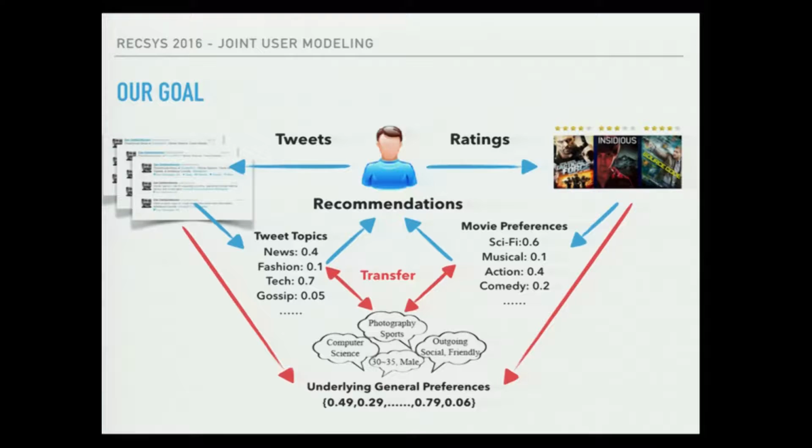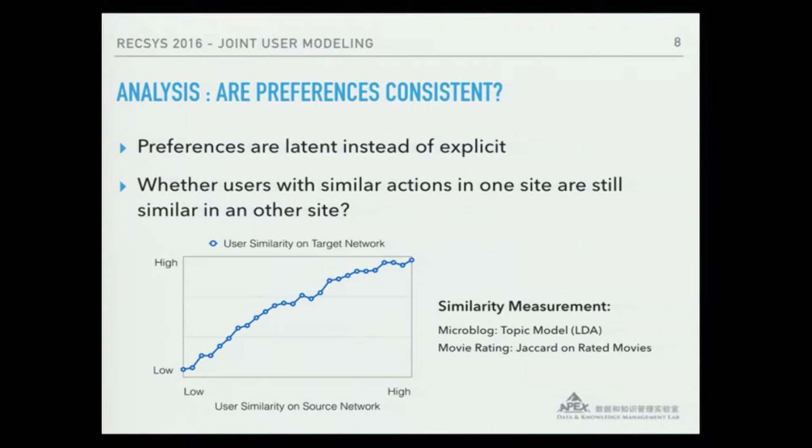Here's a figure explaining what we're trying to do in this work. The blue lines indicate the traditional user modelings forming two isolated recommender circles. And we are trying to add the red lines as well as underlying general preferences shown at the bottom, so that we can form an actual user modeling for the user instead of their accounts. So the underlying assumption of our work is that user preferences are to some extent consistent across these sites. Despite its intuitiveness, we also analyze real data to support